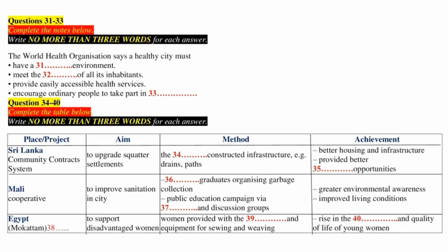That is the end of part 4. You now have half